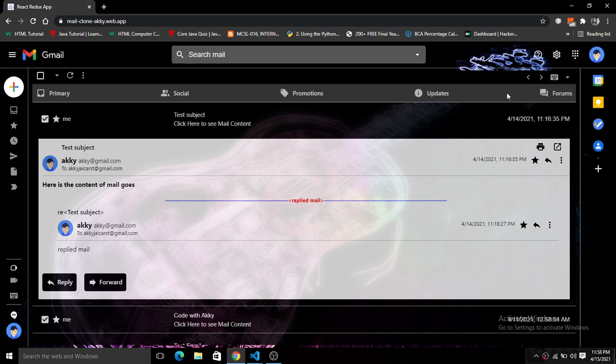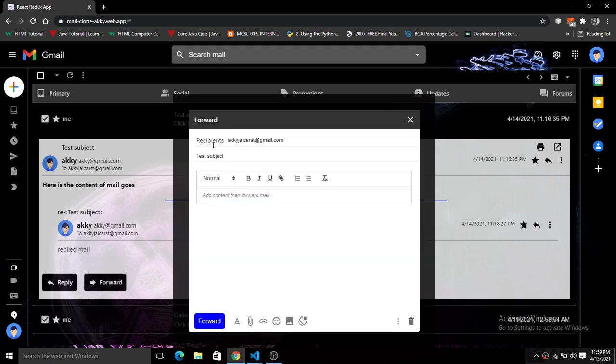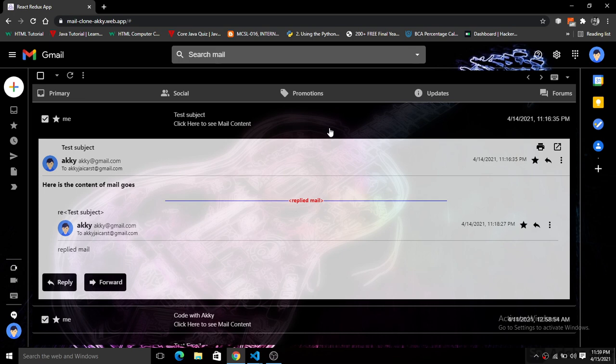Okay, so we will set up the Gmail SMTP server and send the email right through NodeMailer, using the email account that we will mention there. You will also learn how to reply to an email. As you can see, this email is replied to, right? And when we want to forward this email and click on this, we will forward the email there too. So we have both the reply and the forward email features here.